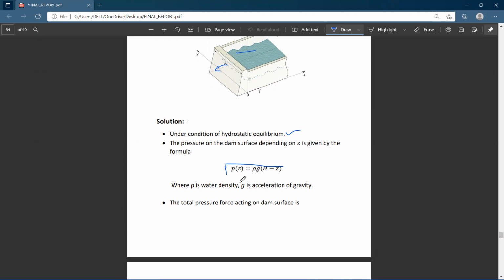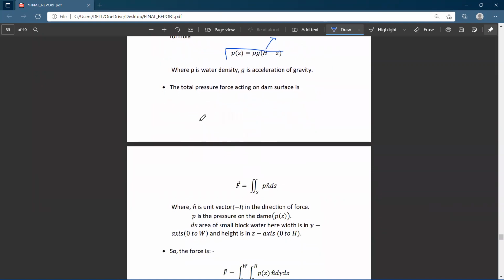Rho is the water density, g is the acceleration of gravity, and h is clearly the height of the dam. The total force acting on the dam is given by this formula,